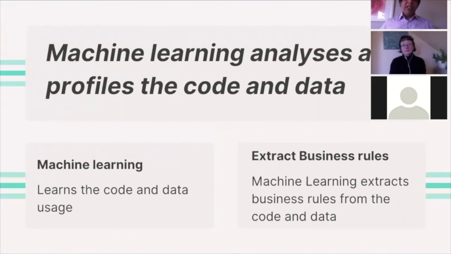Machine learning is another feature we're talking about. It will give you the ability to examine what rules and processes are being executed within the code. You want to know how this particular rule is being applied, where it's been applied, and under what circumstances. All those profiles would be learned as you use the data.